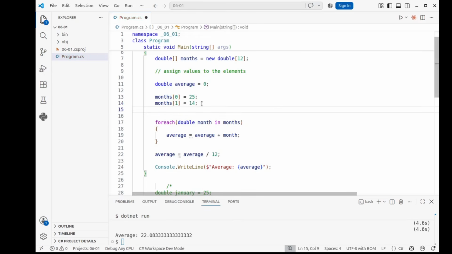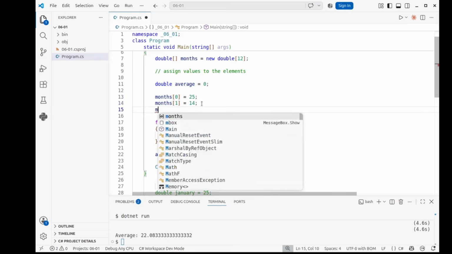And so on until we get up to months 11. You can see that we started at 0, not at 1, because of array indexing. This is the index in an array: 0, 1, let's do